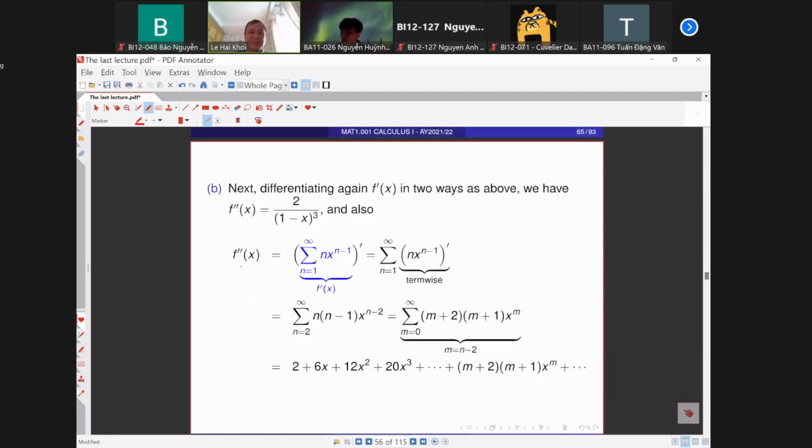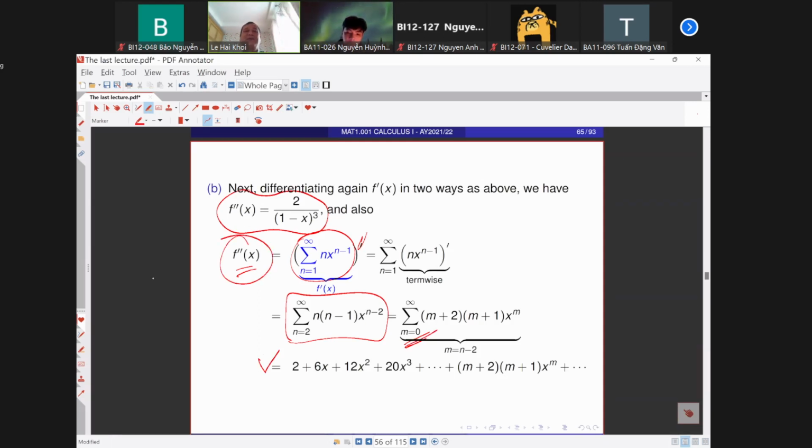Because with such an f, the second derivative of f is twice of 1 over (1 minus x) cubed. And for the second derivative, you take one more differentiation of the first derivative, which means you have this one, right? And if you want the sum to start from 0, you can write (m plus 2)(m plus 1) x to the power m, m from 0. Or you have this power series as